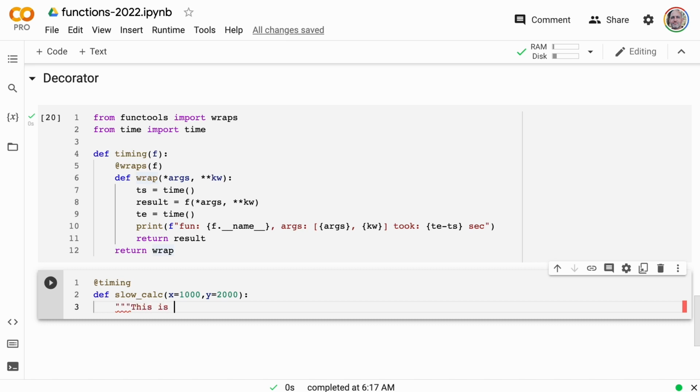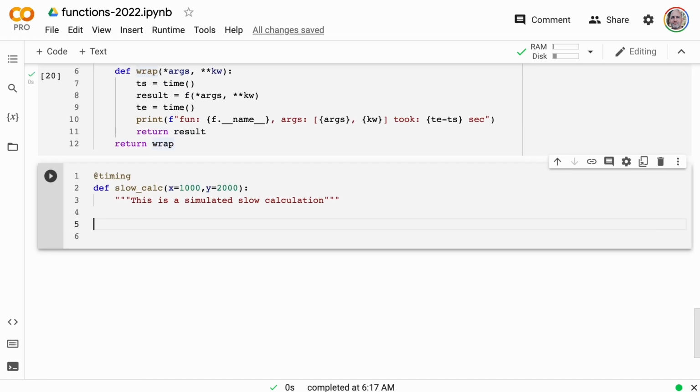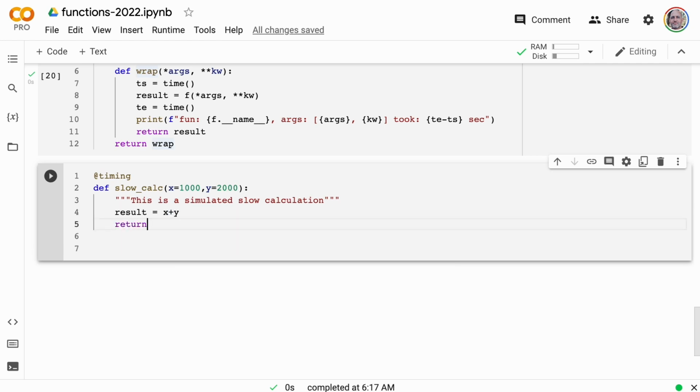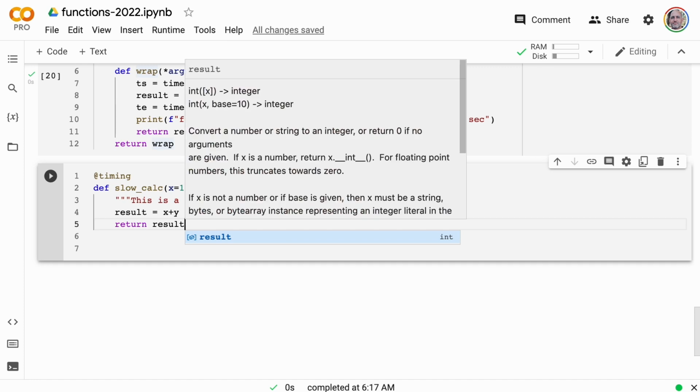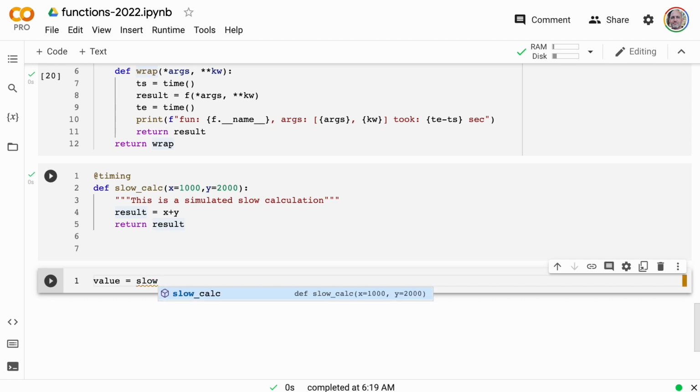It says this is a simulated slow calculation, like that. And then we would maybe add these numbers together. Result is equal to x plus y, and then we would return back result, right? So nothing fancy here, but it should give us some good stuff. And so now if I run this and I say slow calc,